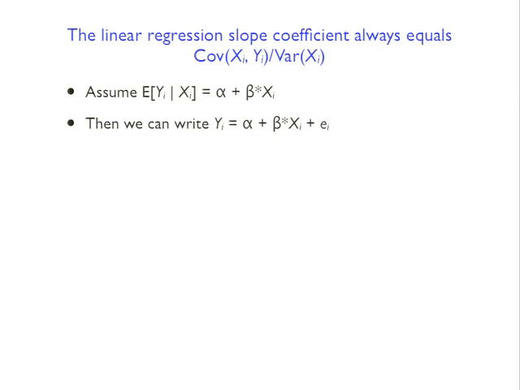But of course, in any given sample, for any given observation, it doesn't have to be exactly equal to that. So there's going to be some sort of deviation or residual that gives the difference between what our predicted value of y would be and the actual value of y. So we're going to call that deviation or residual ei, and then yi is equal to its predicted value plus the deviation ei, which alternatively we could write as alpha plus beta xi plus ei.